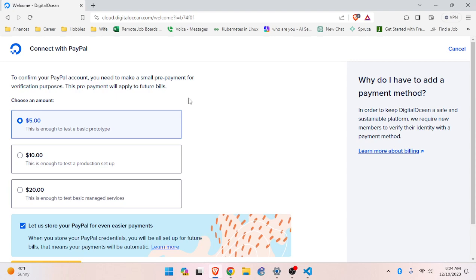But unfortunately, when it comes to learning, I feel like there has to be a better way. Anyway, I have to do a $5 charge. This is to confirm a PayPal account, so I'm going to keep working on this. I'll try the other option if I can figure out how to do it without getting a charge. Then I'll talk about that.